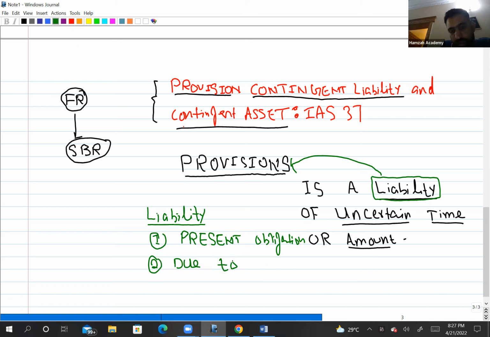Number two, due to a past event. And number three, outflow of